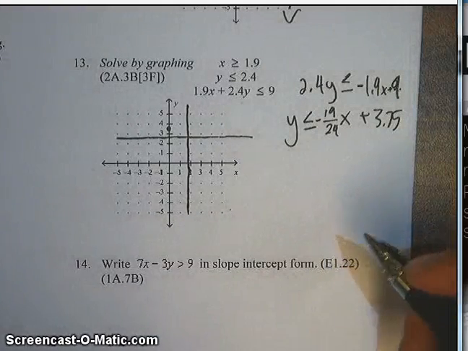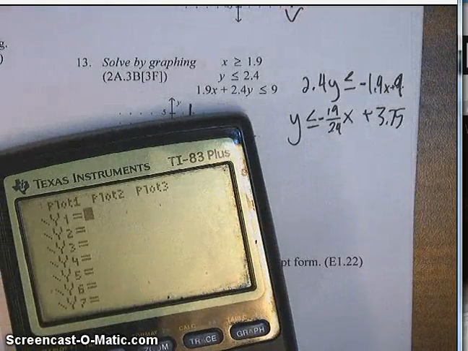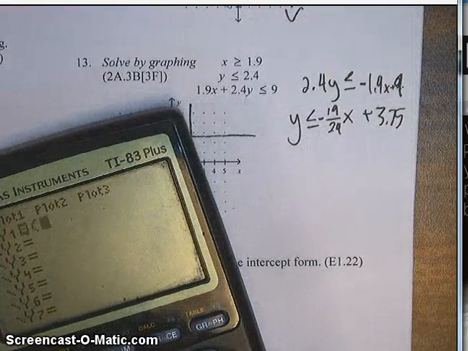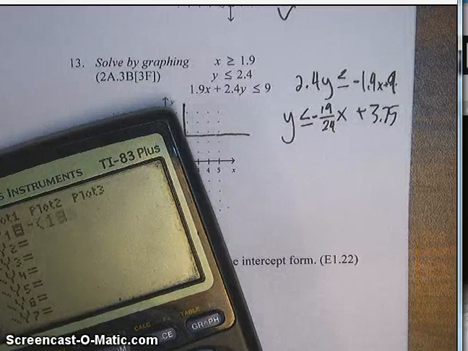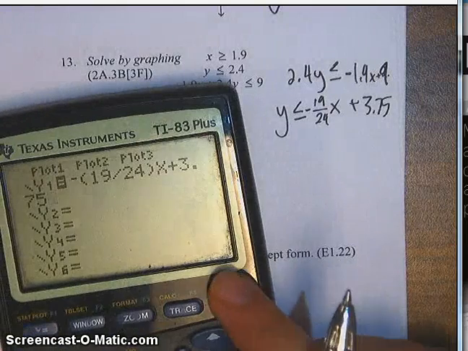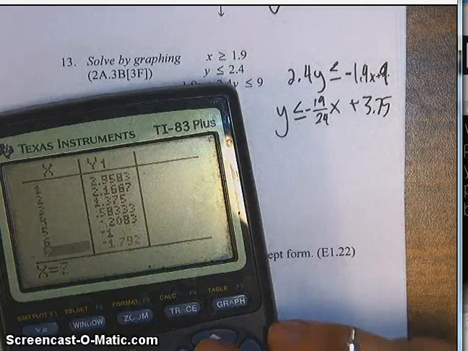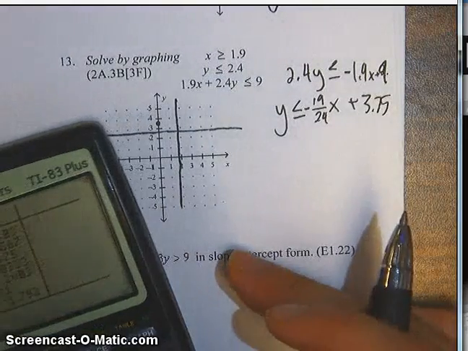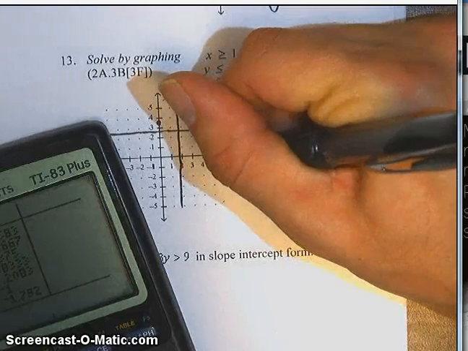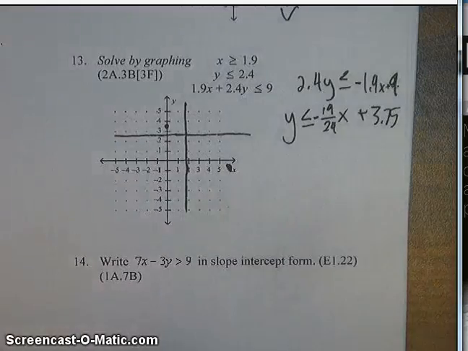which means that, well, here's the easiest way you can do this. If you go to y equals and you type in the equation, negative 19 over 24 x plus 3.75, second graph will pull up a table of values for you, and you can just steal some that look nice. So (6, -1) is a pretty good one to steal. And you just need 2 points to draw a line. So from there,